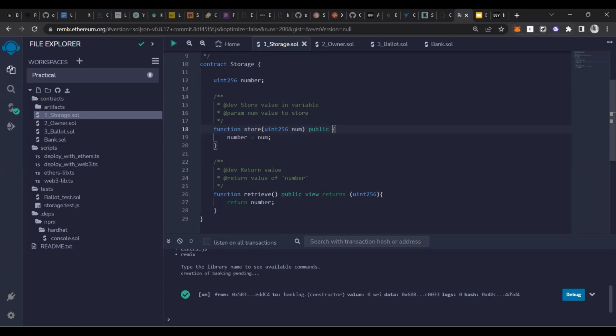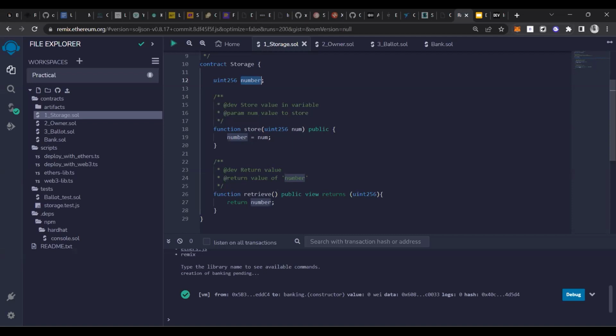The number you want to store in the blockchain, you pass as an argument, and that number will be stored in this data type, this variable number. And once the number is stored in the actual blockchain, if you want to retrieve it, you can see what number is stored in the blockchain.